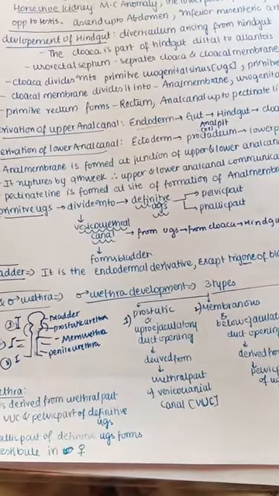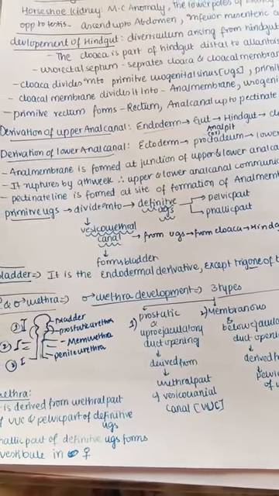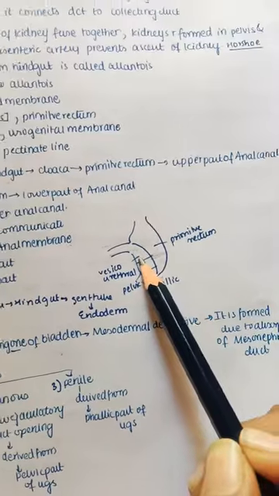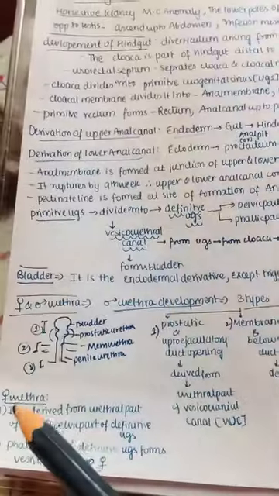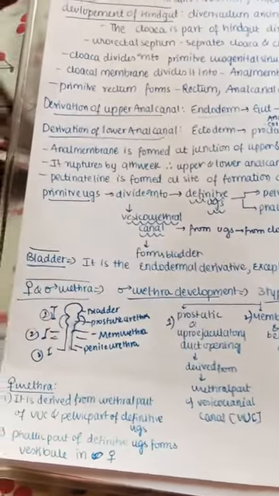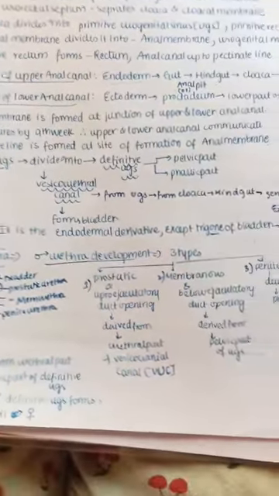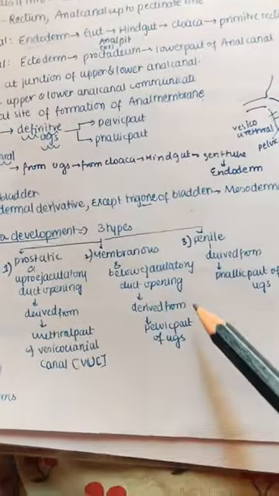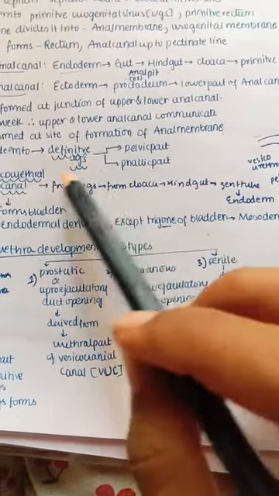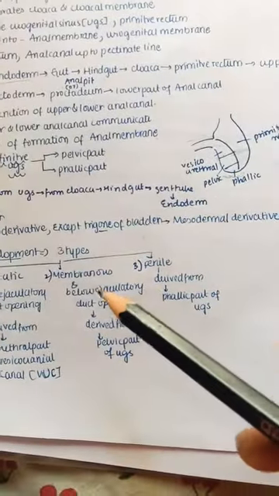the vesico-urethral canal. If you remember, this is the vesico-urethral canal. So this leads to the formation of the upper part of the male urethra, that is, the prostatic urethra is from the VUC, and the membranous urethra is here, right? The membranous urethra below the ejaculatory duct opening is derived from the pelvic part of the UGS. The definitive UGS has a pelvic part and a phallic part, right? So the pelvic part gives rise to this.